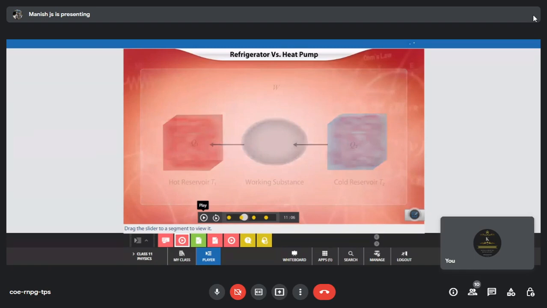There is a compressor inside. That compressor helps to compress the gas inside the corresponding tube. A gas is filled in this, typically freon, I think. So freon is the gas. They fill it, and it immediately absorbs the heat. After absorbing the heat, it gets dissipated at the hot reservoir through that coil. So that is how the refrigerator typically works. That is the opposite process of the heat engine.